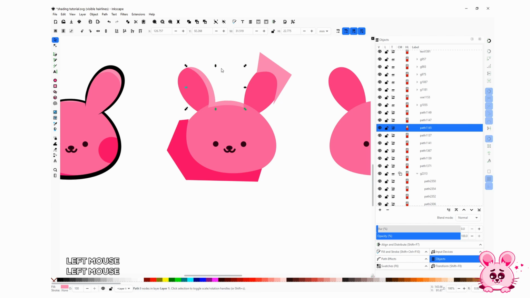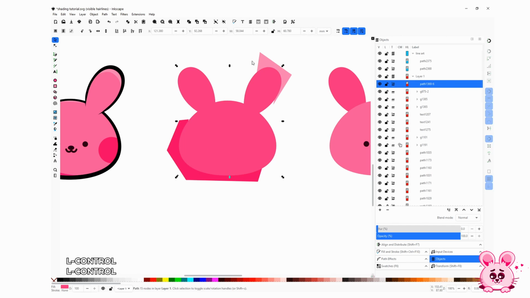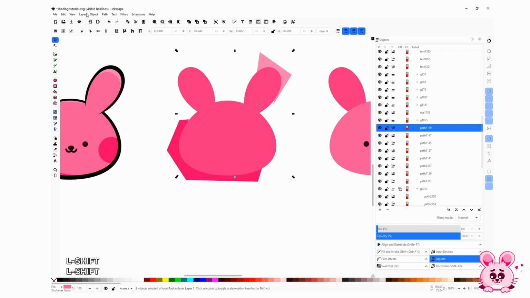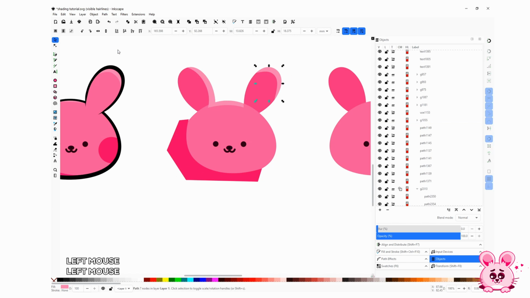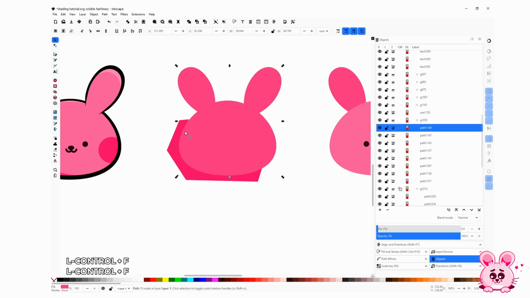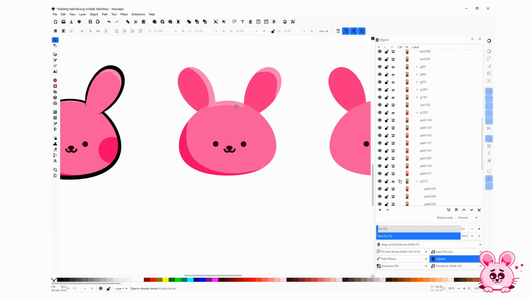And you need to repeat this operation for every shape you want to add to your shading. I still have this shape in my clipboard, so I'm again clicking Command F and path intersection, and again Command F and path intersection. So yeah,